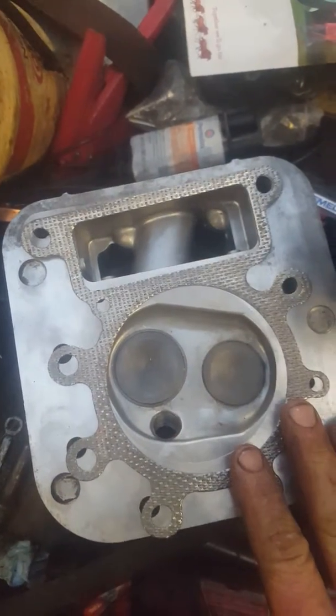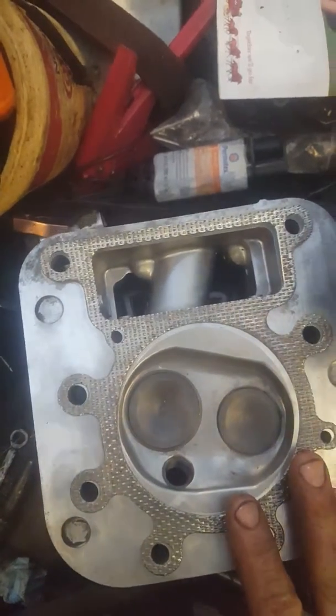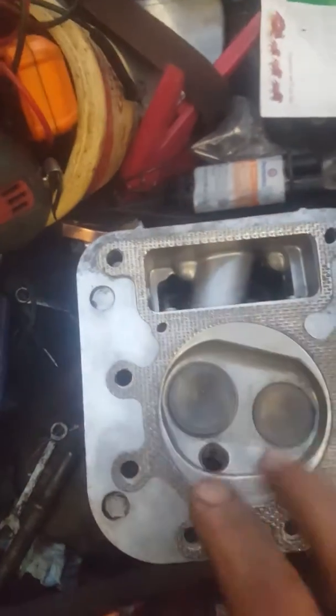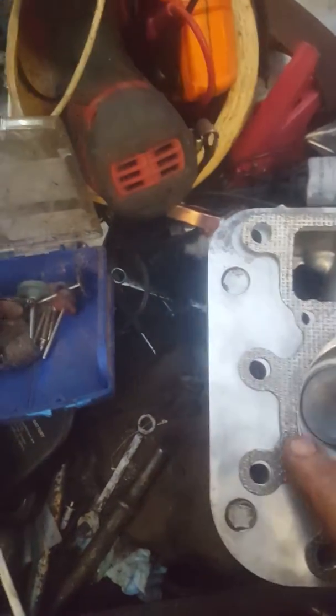Then had a problem with shearing off a flywheel key. Been having problems with this motor, breaking push rods, so I don't know what's going to happen. We'll see. But I ended up taking the head off again because I had a little blow through on the